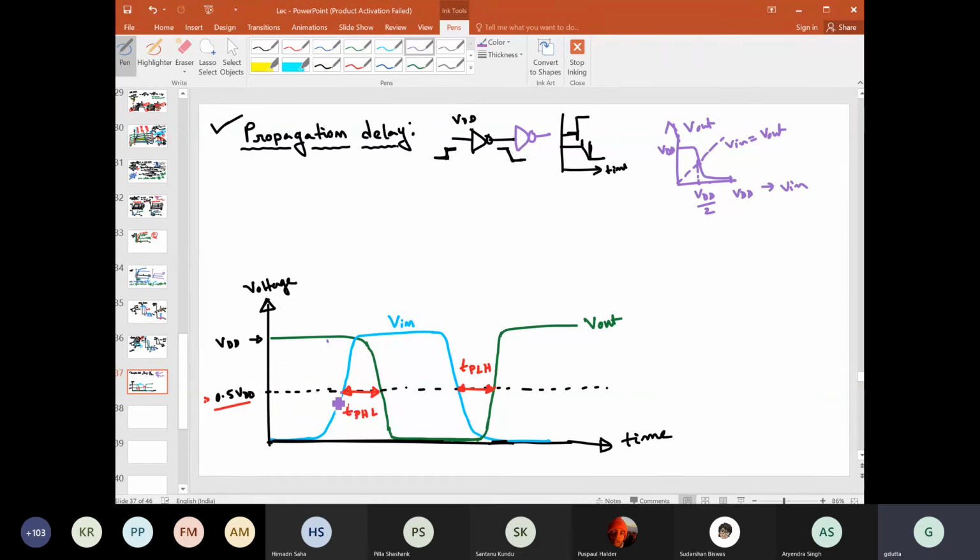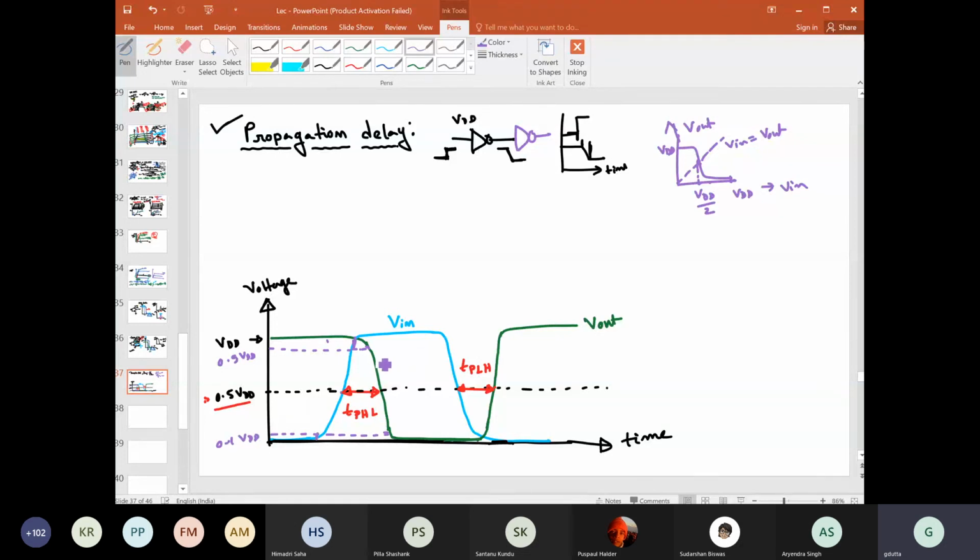If the slope of the input signal, in the region where the input is changing, is changed, then obviously that will also impact the output signal, right? So to characterize that, we define two more points, but that is not in terms of this input, but in terms of this output. So one point is this one, this is 0.9 of VDD, and the other point is this 10% of VDD.